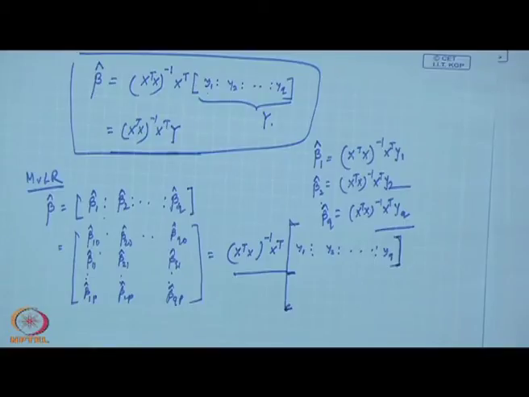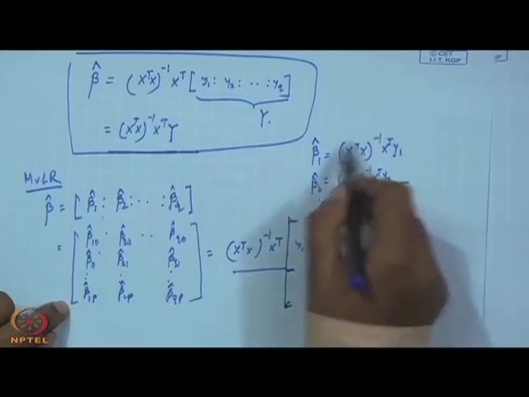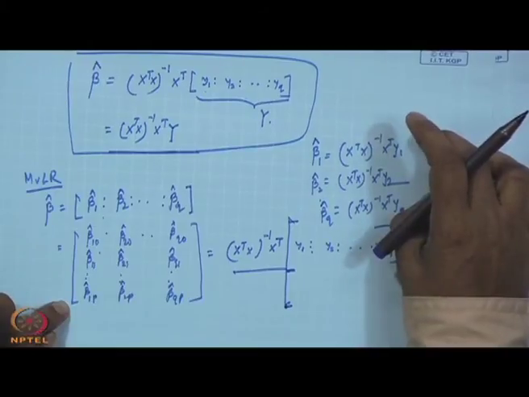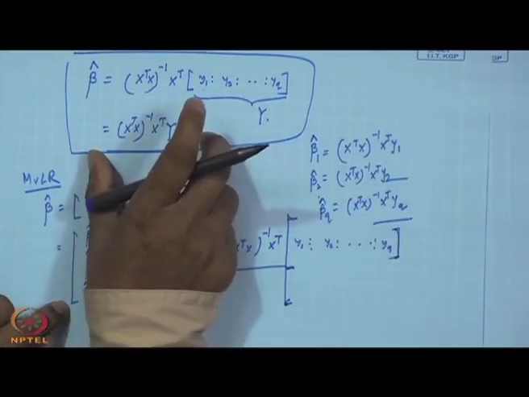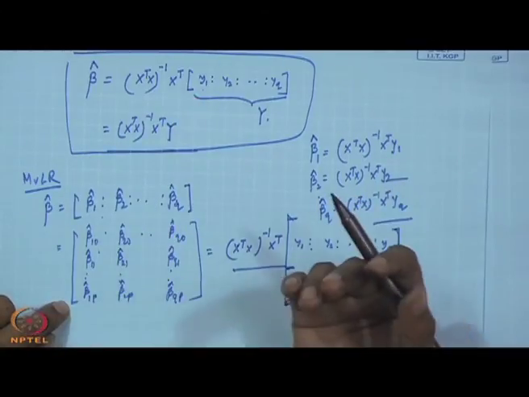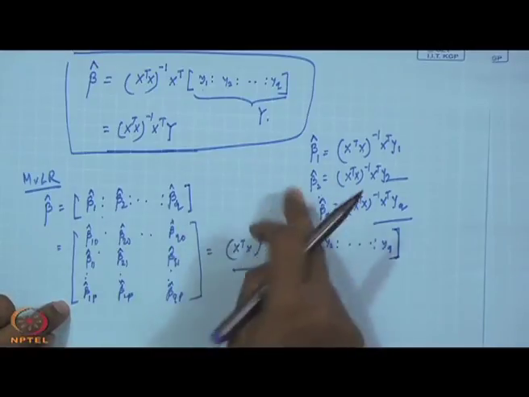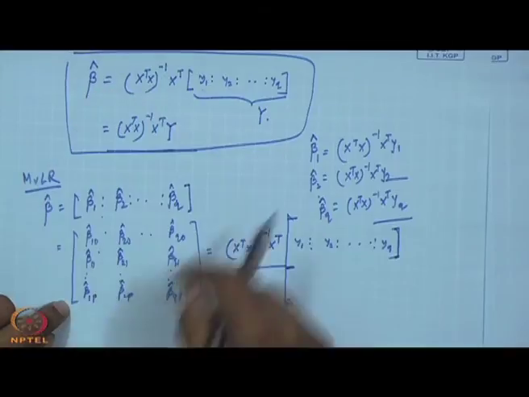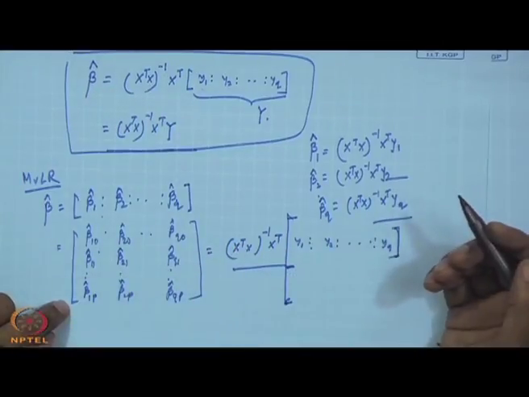Got it? So, that means you may go for individual MLR and whatever beta value you get, in MBLR also you will get the same thing. From the beta point of view there is absolutely no problem, because here you are doing q number of computations, here in one computation you are getting q beta vectors. Okay. So, both are same, then where is the difference? If I get the same beta value while going for q MLR, why should I go for 1 MBLR?